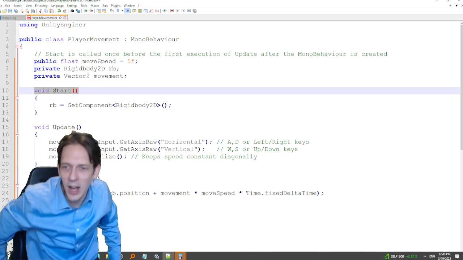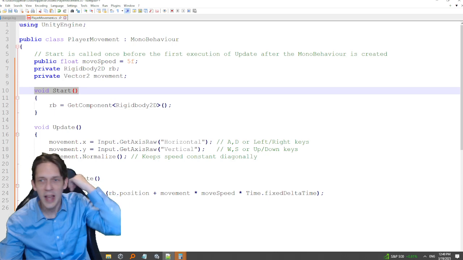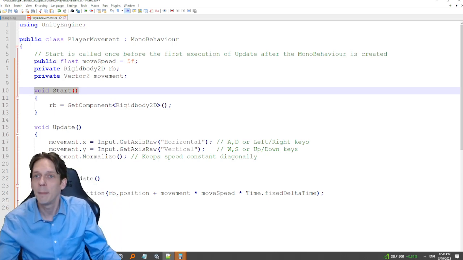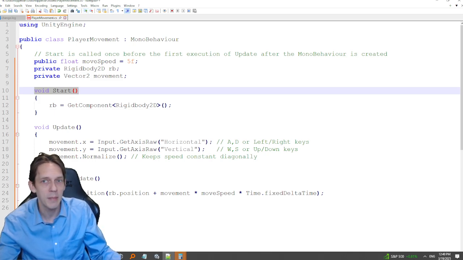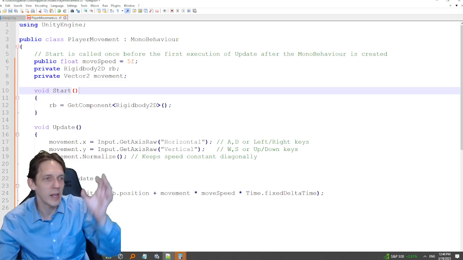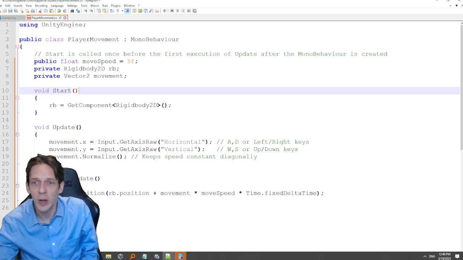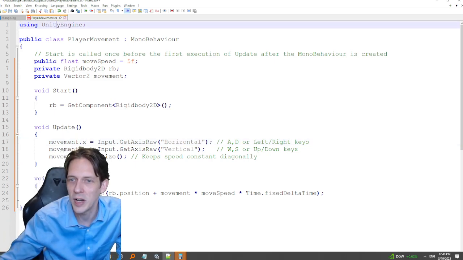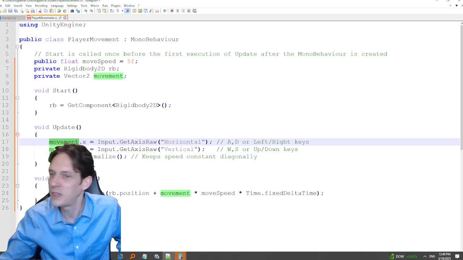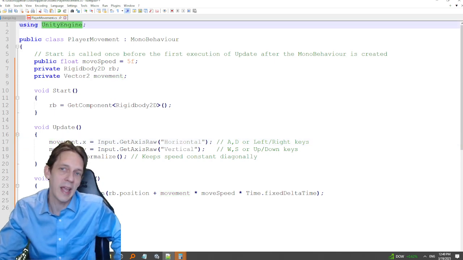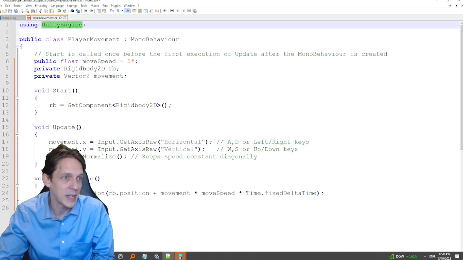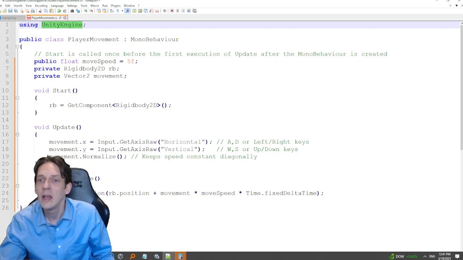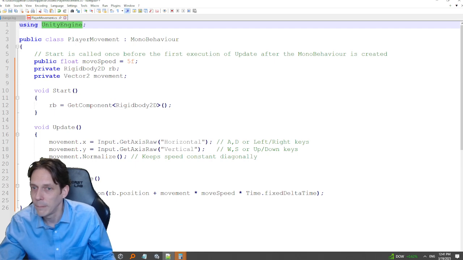So knowing now that we're working within a class that has already had definitions made within it by Unity, and I'm assuming all of this stuff, and I know I'm correct, but it's something you'll learn over time as you work in other people's libraries. You'll learn whether or not something like this is a C# command or whether it's dependent on this Unity engine. You notice how in this reference here, it's not saying it came from here. And there's no Unity engine dot happening either. This library, you can do Unity engine dot. In fact, a lot of things require that. Not in this case. So we don't have that.